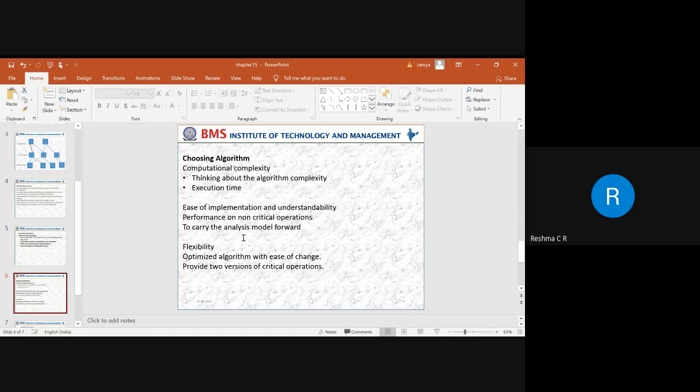After that, how the analysis can be carried forward from the class model with minimal adjustment. That means from the class model, how we can go to the implementation, how we are trying to implement using the programming languages.